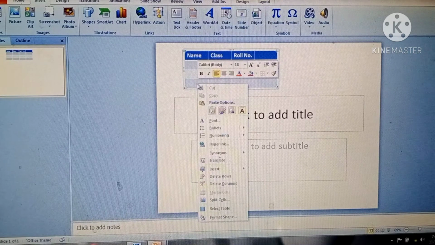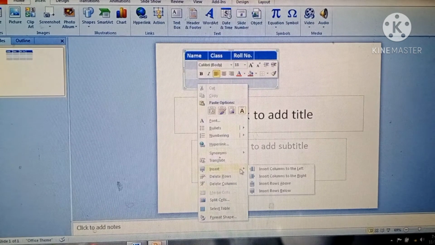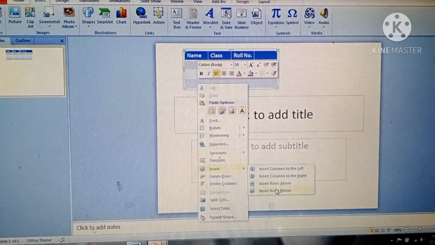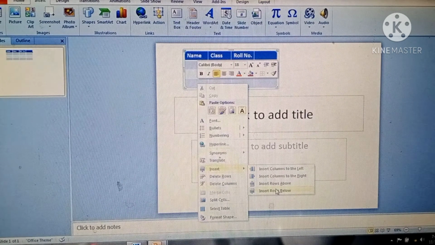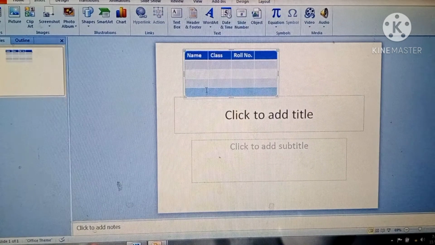करो, just go in the right, then click on the insert rows, insert row above or below. अगर ऊपर डालनी है then click on this insert row above. If you want the row that should be shown under your selected row, then click on the insert row below. Then I have clicked on it, that is insert row below.